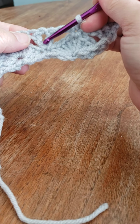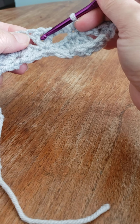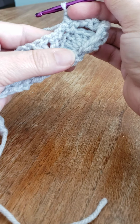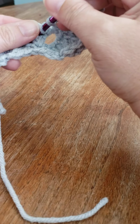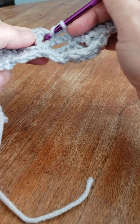In the previous row, you made a double crochet, chain, double crochet. In this space here, which is your chain 1 space, you're going to crochet 9 double crochets to make a fan. There's 1,